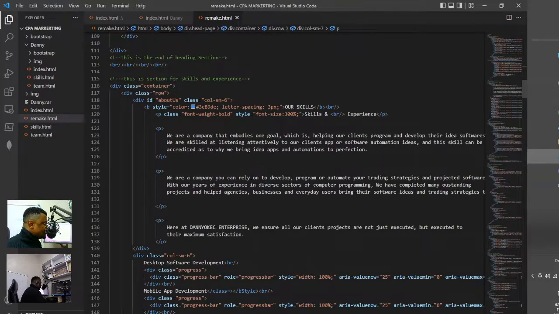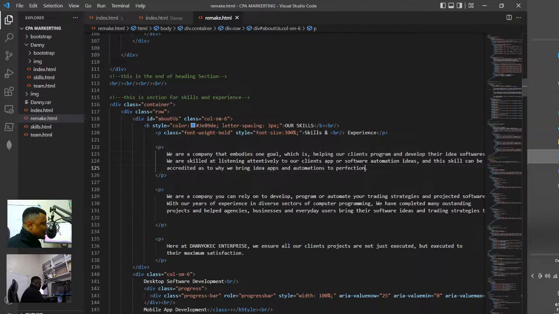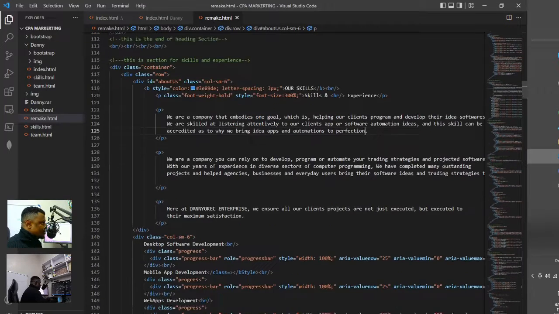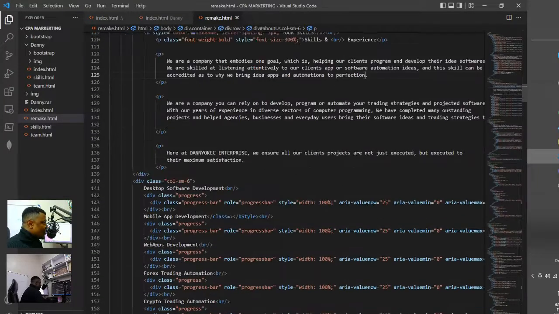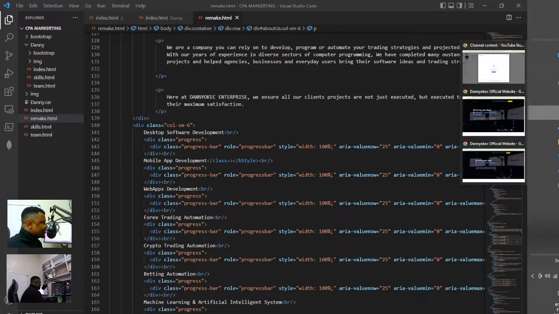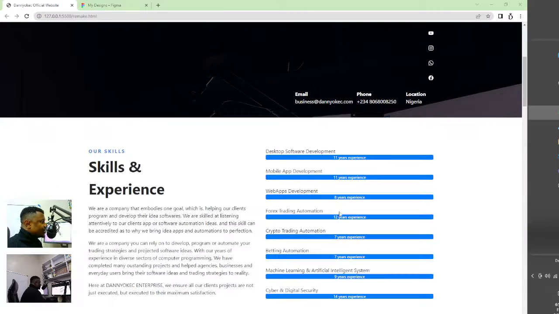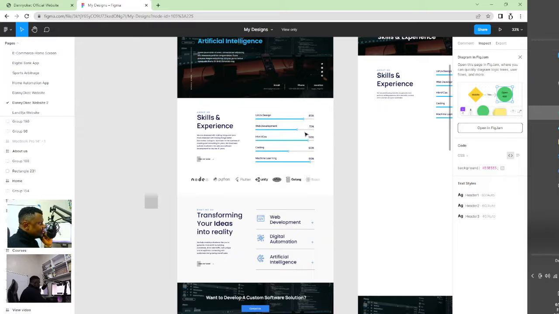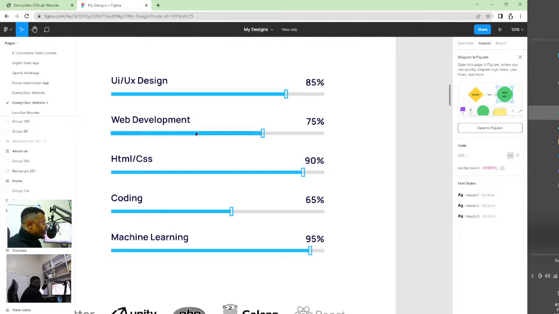let's move. Okay, so what I would want to implement first of all is this. What I would like to implement is on this site, you can see clearly here we had